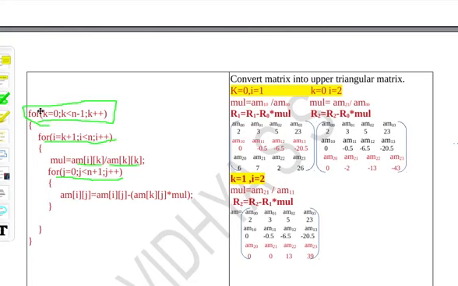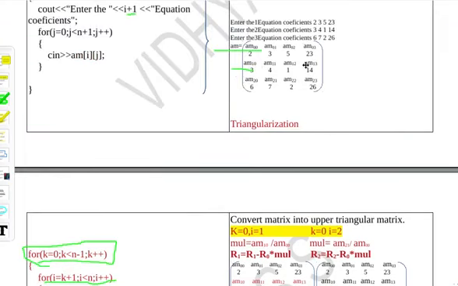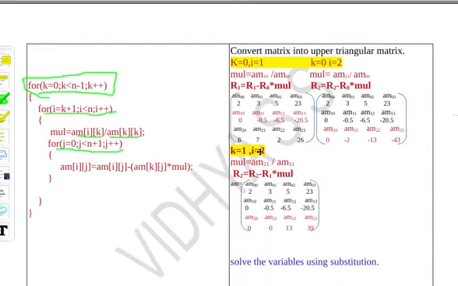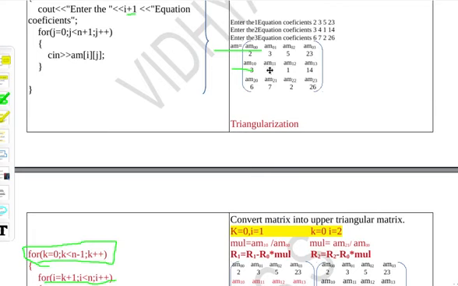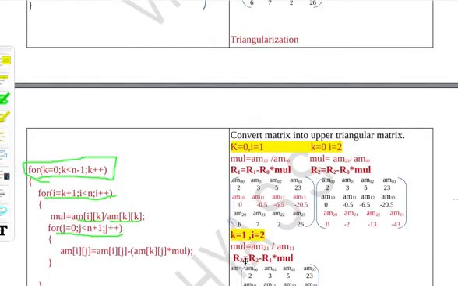Then I starts from k plus 1, that is, if I am taking the pivot row as this, it means I have to start from the row just below that. So my I value will start from 2. So the multiplication factor: the divider will be the diagonal element of that pivot row, that is a11, and the dividend is the element just below that, that is a21. Below means in the array which I have taken, the row I, that is 2, then the same column, that is 1. So a21 divided by a11 will be calculated.